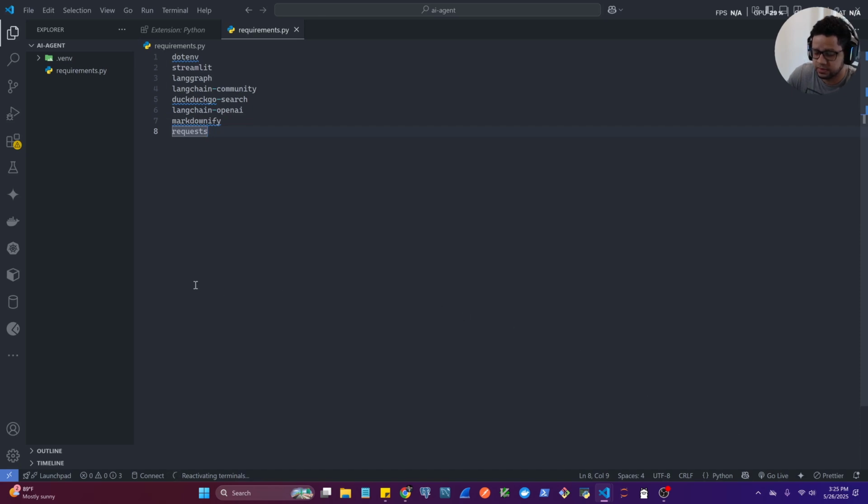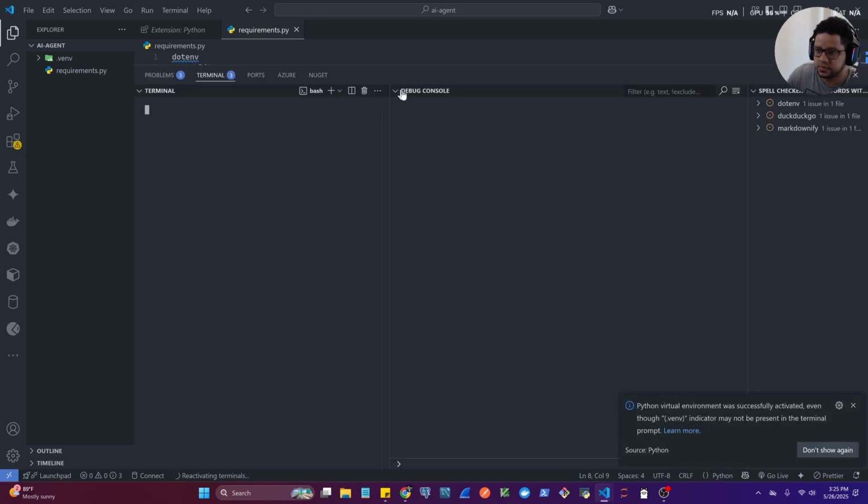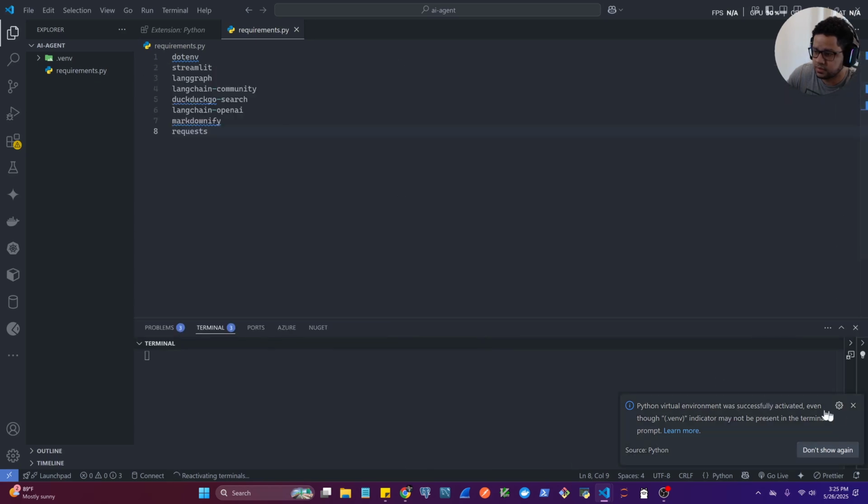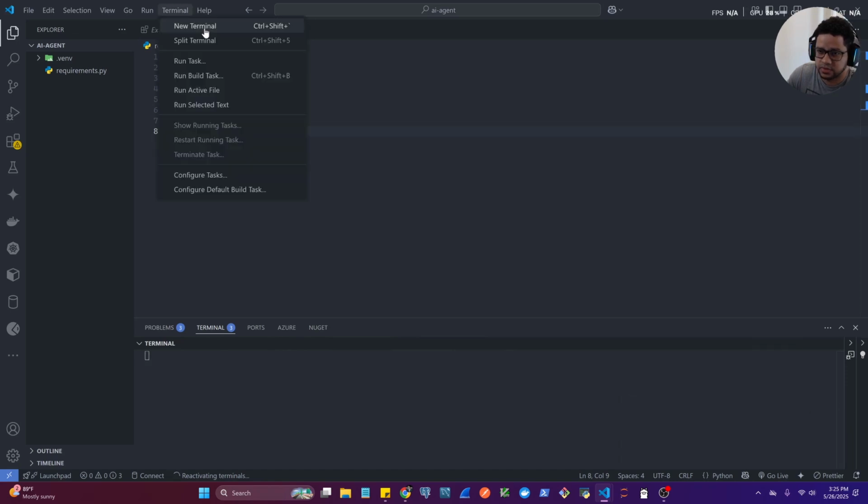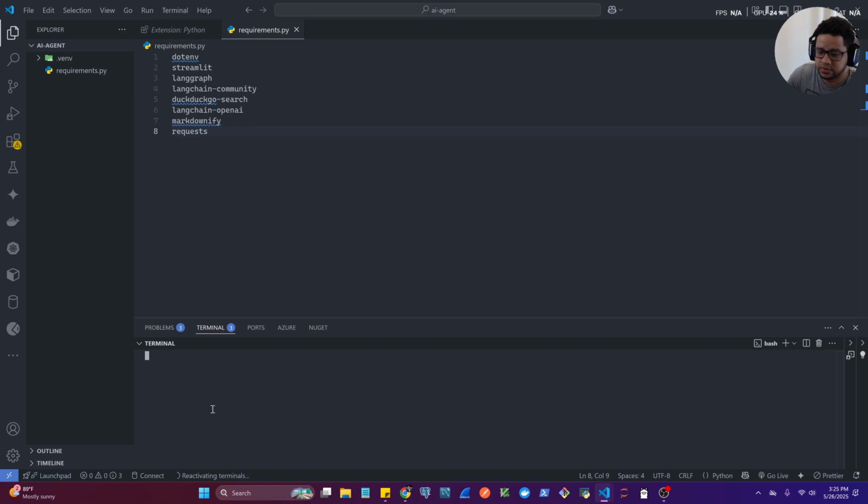Now let's open up a terminal. You can hit terminal, new terminal here to open a new terminal. I just use the keyboard shortcut to do that, but it's the same thing. So now, if you didn't get the pop-up to select the requirements file in order to install all the dependencies for you, we're going to just do it manually from the terminal in here. So we're going to type pip install -r